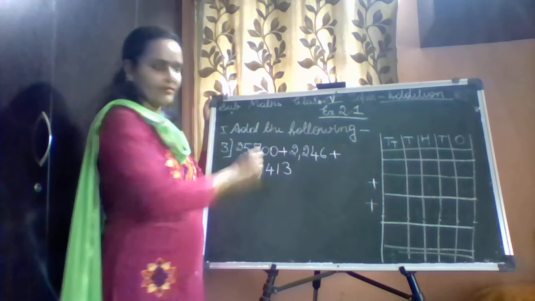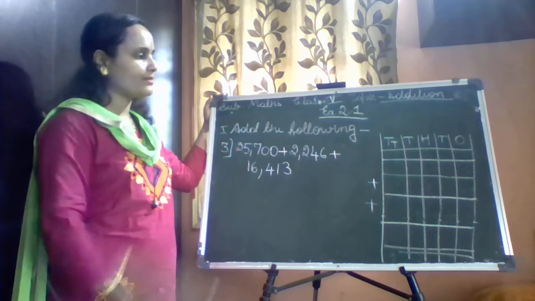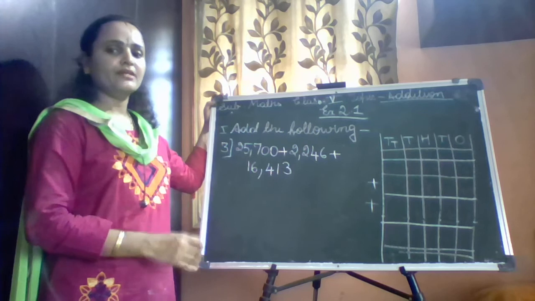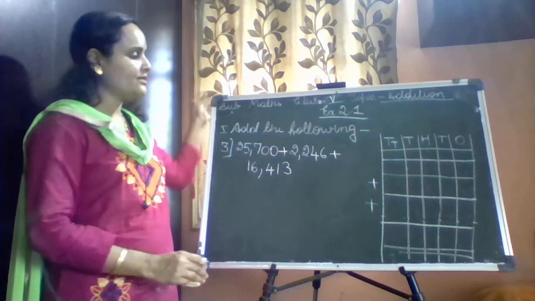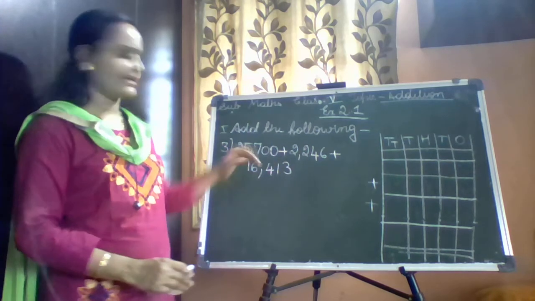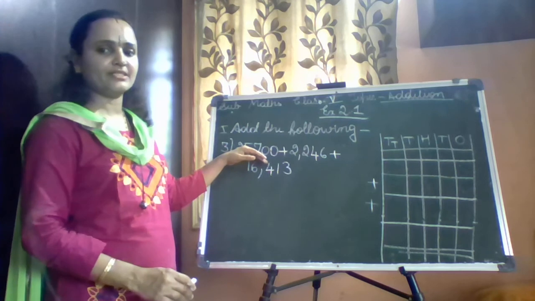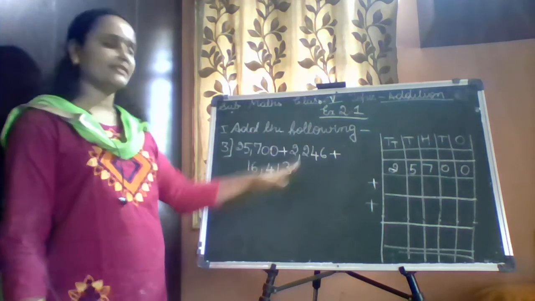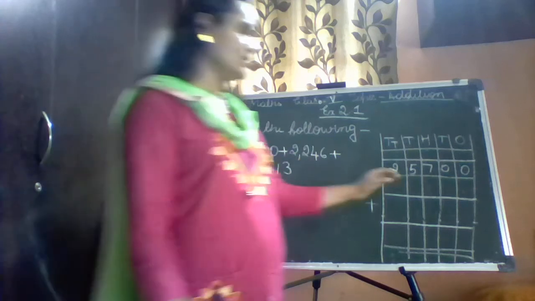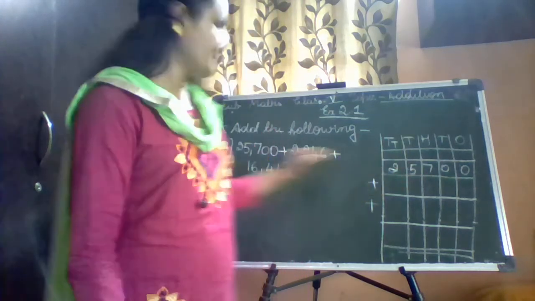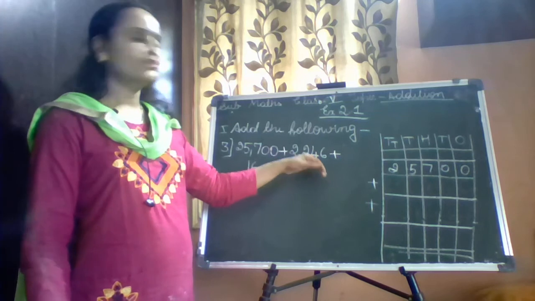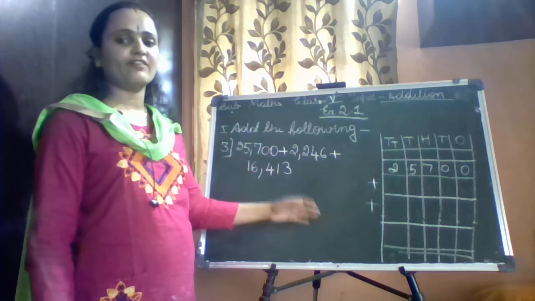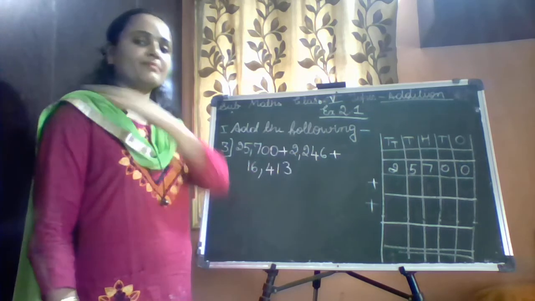See here, this is a 5-digit number. So sometimes children write the numbers in a wrong way. To avoid that, we can write the number from the right side. So take the first number 25,700. Write it from here 0, 0, 7, 5 and 2. Since it is 5 digits, you can write it straight away. When it is 4 digits, some children write it from here. No, it is wrong. It is 2,246. So instead of writing it in a wrong way, write the numbers from the right side.